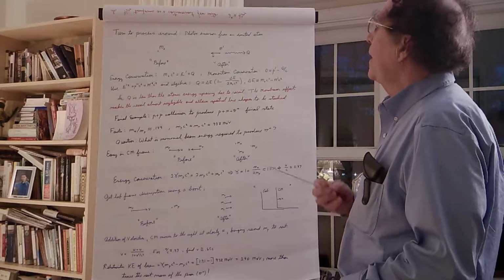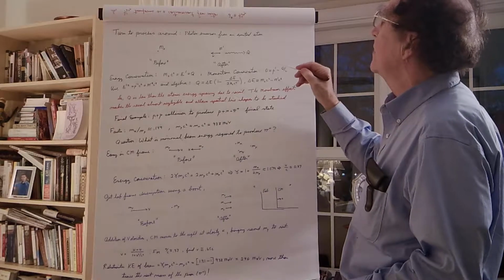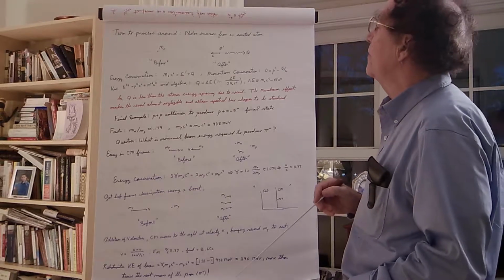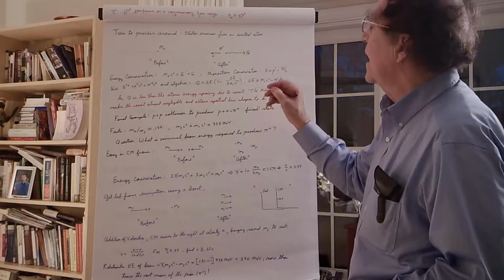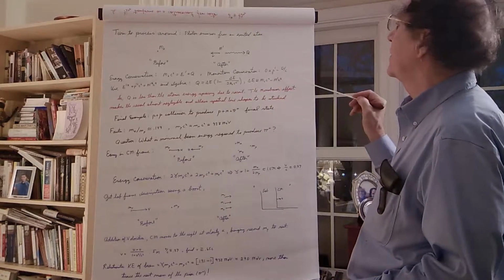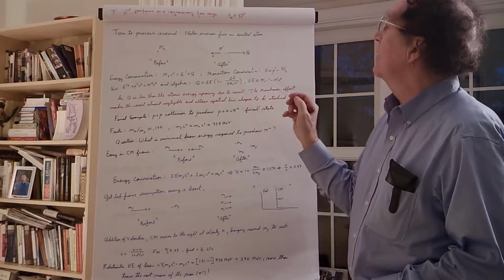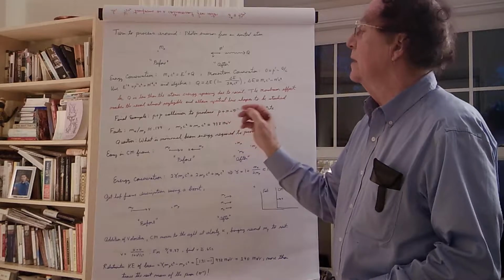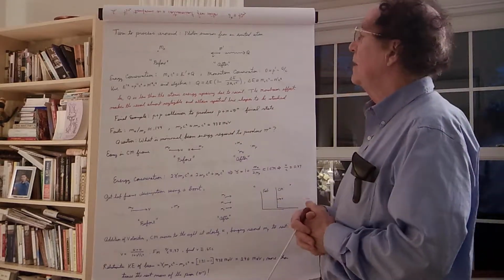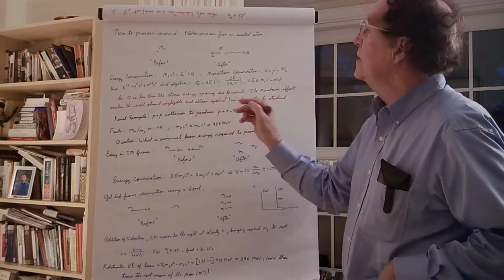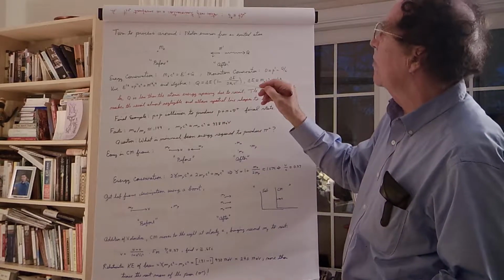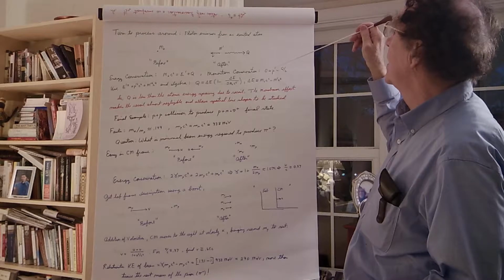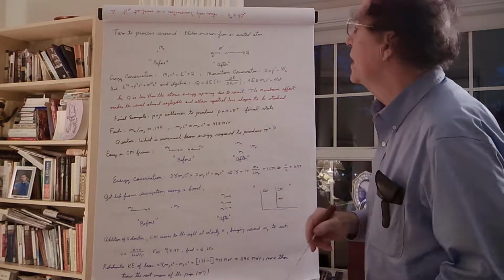Now I'll use the fact that this recoiling m prime is constrained by the energy momentum relationship for that particle. So I have E prime in here, and I have P prime as well, but they're related because this is a relativistic particle of mass m prime, and so its energy and its momentum are given by the energy momentum relationship that we've already derived. So I write down that energy momentum relationship, and I stick in E prime from energy conservation, and then I get rid of P prime from momentum conservation, put those in there, do